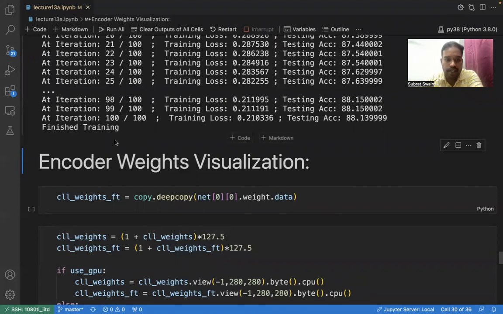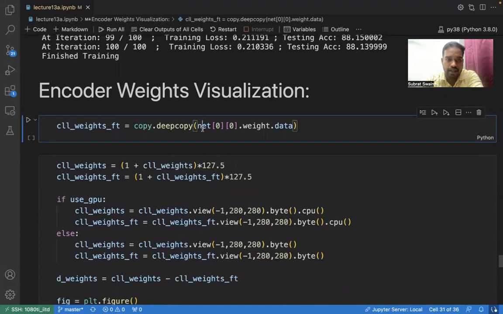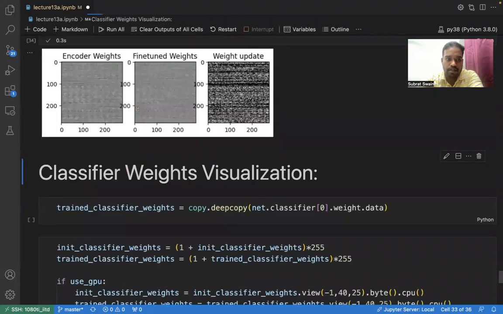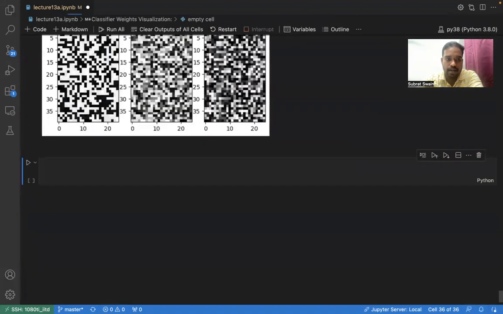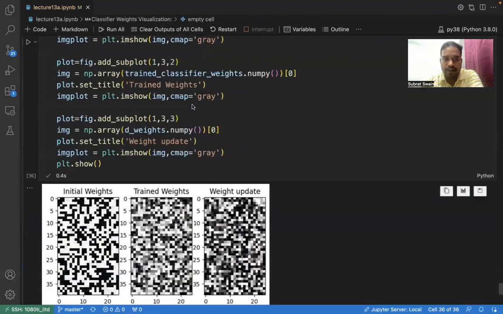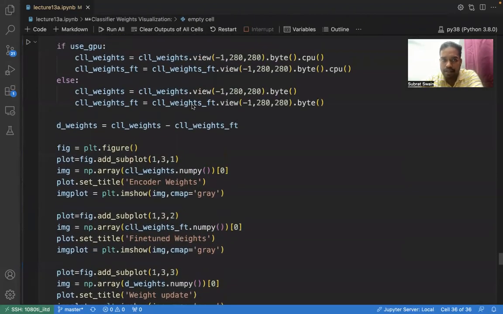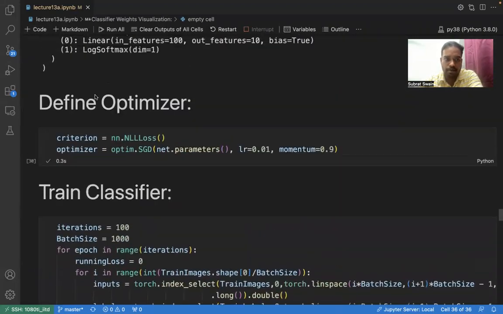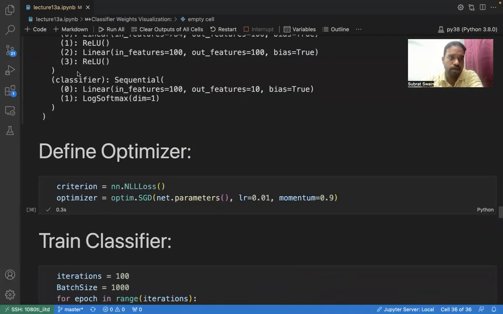Okay, we're getting 88. I guess that is fine. We'll just visualize the encoder weight and visualize the classifier weight, which is fine. But I guess we can go till 90. So this notebook was pretty straightforward. It was similar to the same notebook. I guess I spent pretty much time doing